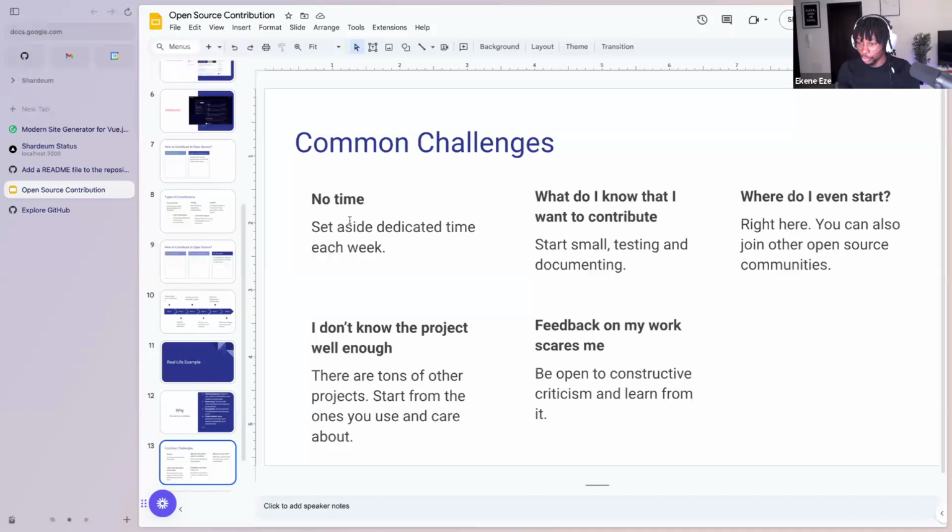Another one is, I don't know the project well enough. That's pretty common, right? If someone tells me to contribute to, I don't know, maybe the Vertex AI one, I would say that I don't know it well enough to make any meaningful contribution to it. But then there's a ton of other projects that you can start with. Or even if you don't know it well enough, one way to know it well enough to contribute is to dive into the documentation and the readmes.